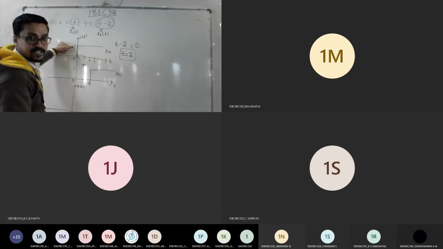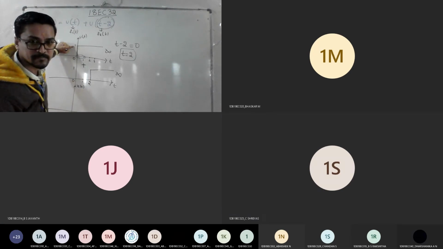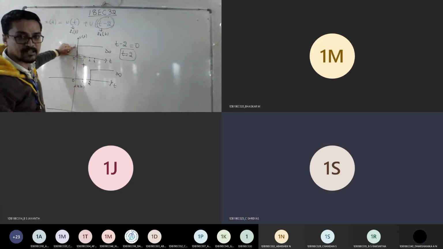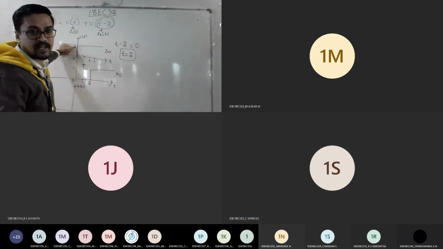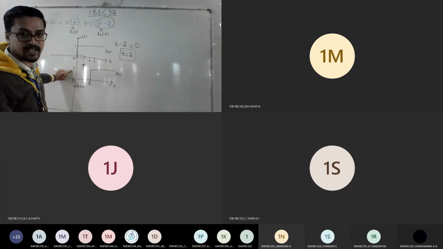There is no picture of addition here. See, there is no signal only. The signal is starting from 2. Yes or no? Yes, sir. So from 0 to 1, the signal is there. If the signal is there, then consider the amplitude. Signal is there, amplitude is 1. And here the signal is not there, amplitude is 0.